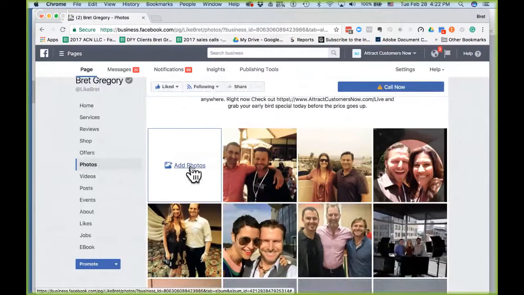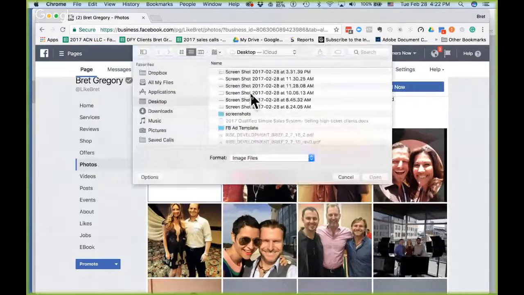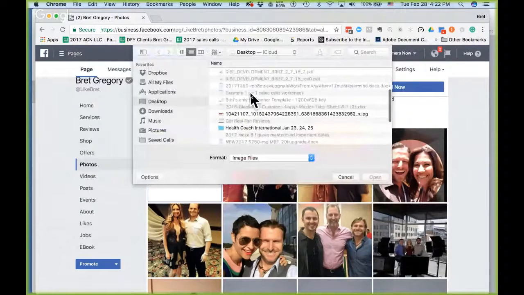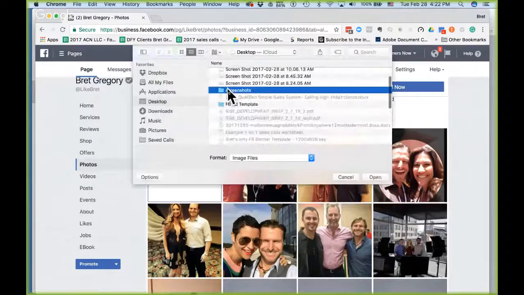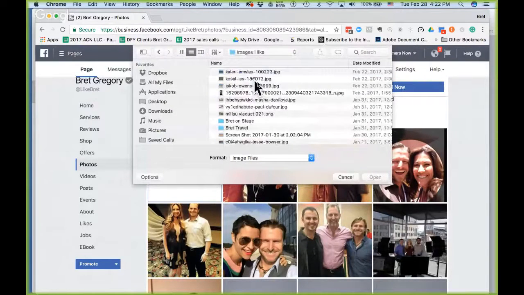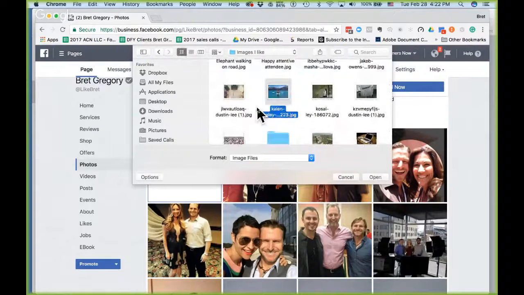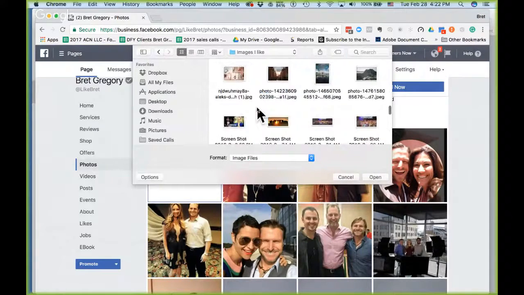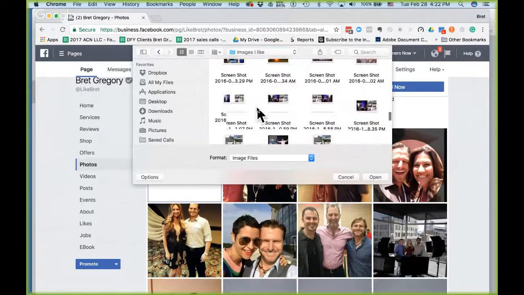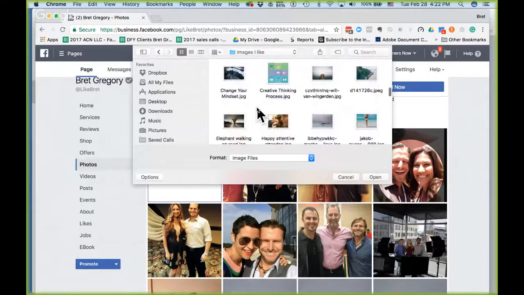And now I'm going to take some photos that I like. Let me see if I can find my photos that I like. I think I store them here in screenshots. Images I like. There we go. So in this one, I can put any photos I want. So we're talking about finding viral photos. So let's first do this. I found these photos on some of these websites that I was mentioning here. So let's see, I like